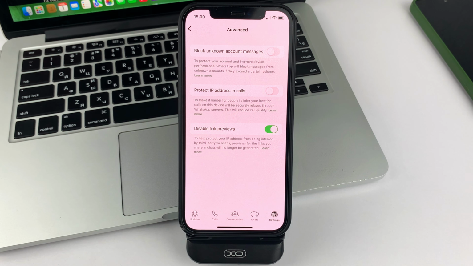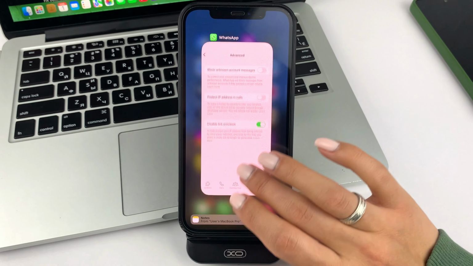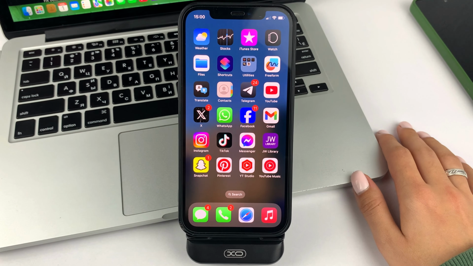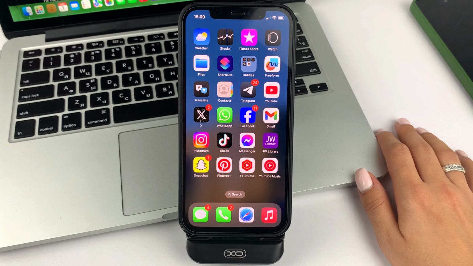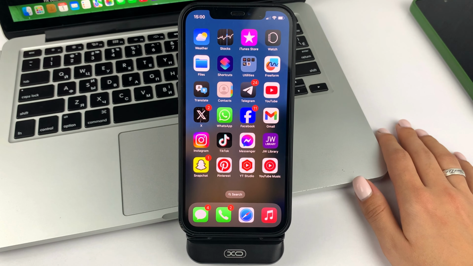And let's get down to the topic, friends. I'm going to show you step by step. So, if you have a situation where you're dropping a link or you get a link, let's say, and there's no preview and you don't realize what the link is, you can fix this situation very easily.